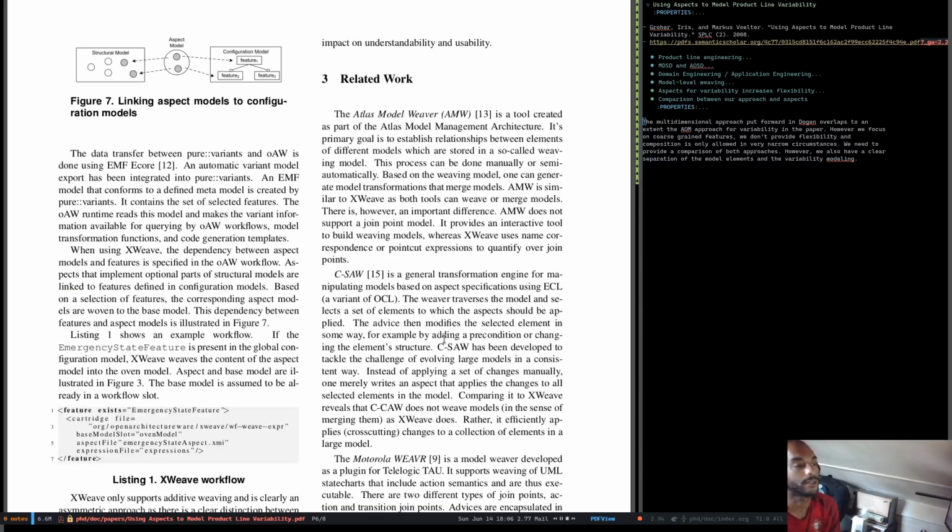So, the data transfer between pure variants and OAW is done using EMF eCore. An automatic variant model export has been integrated into pure variants. An EMF model that conforms to a defined meta model is created by pure variants. It contains the set of selected features. The OAW runtime reads this model and makes the variant information available for querying by OAW workflows, model transformation functions,